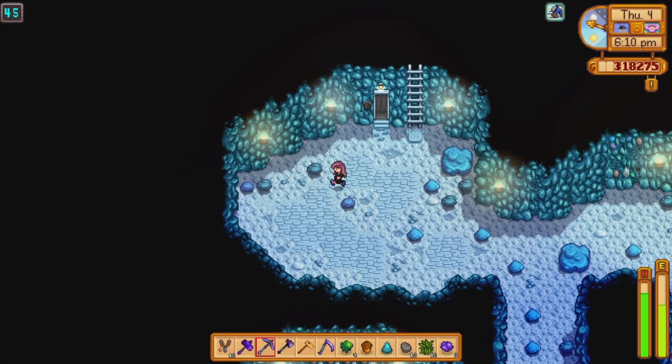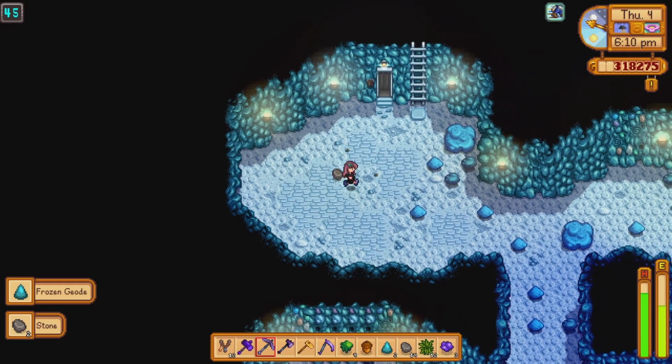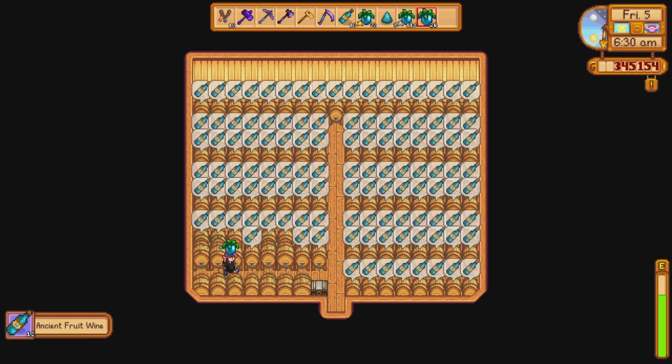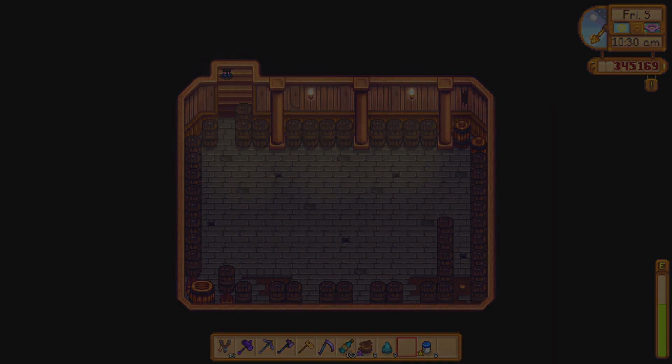I spent the rest of the day in the iron floors, collecting as many frozen geodes as I could, and headed home at midnight. Day 5. My ancient fruit kegs are done, so those got refilled first. Then I found out my basement was not ready for this new batch of wine, so I used up all my wood to craft casks,